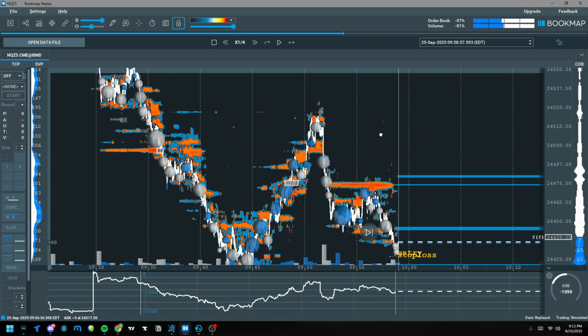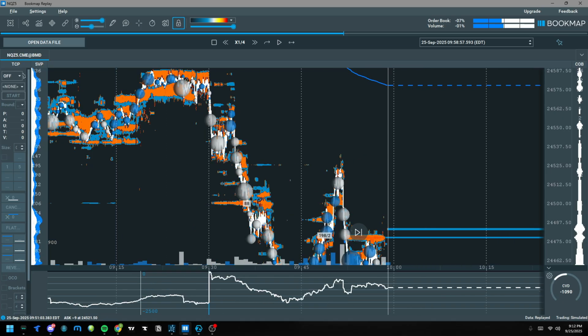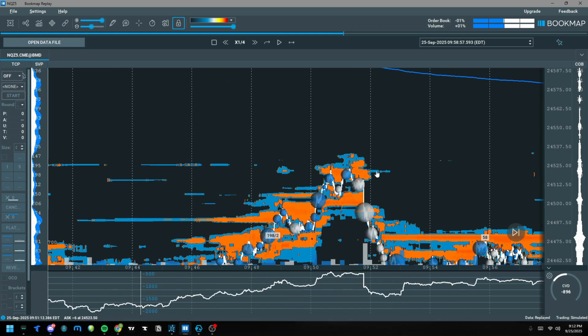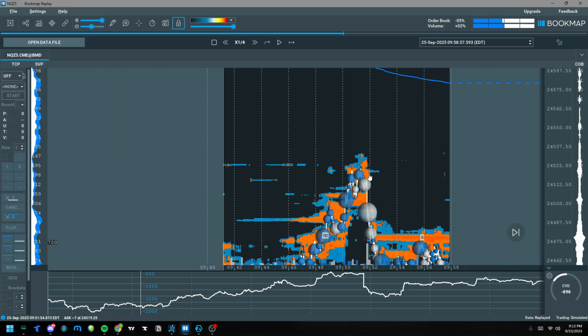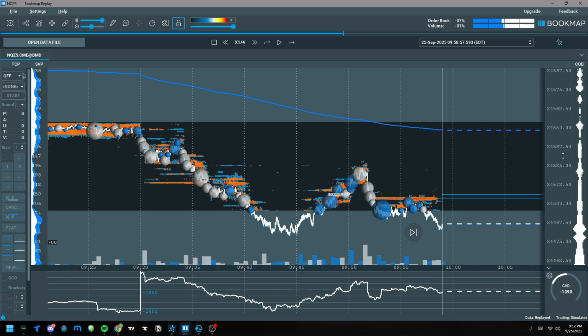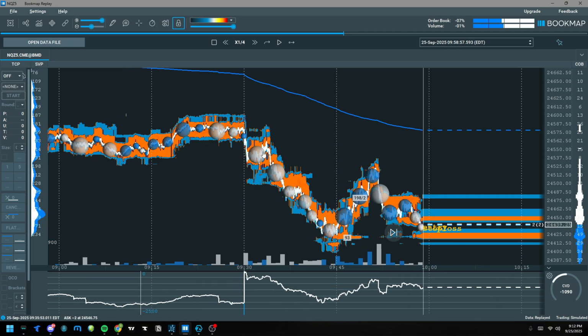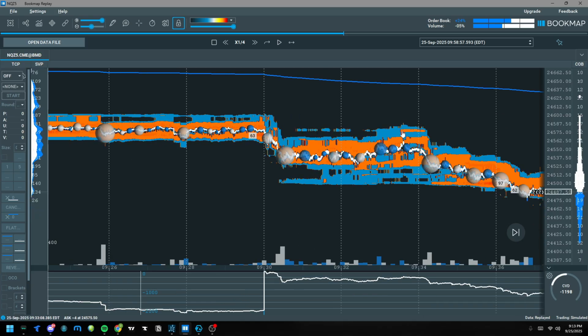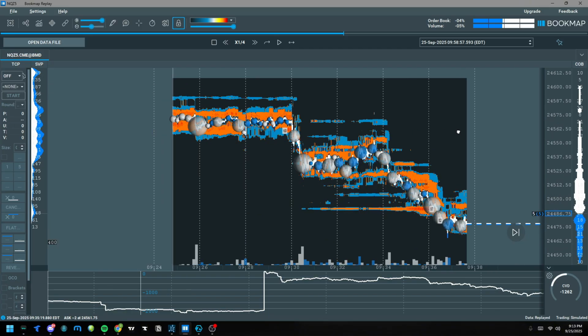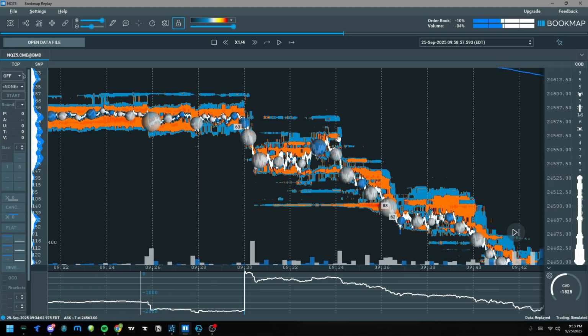Now, when it comes to setting another target, just look up and you can see, okay, here, this high, we had decent rejection off of it. You could have targeted this high. And then, of course, if you look at the session volume profile, you could have targeted market open. You can see here, we had all this volume sitting here. So you could have targeted this right here,